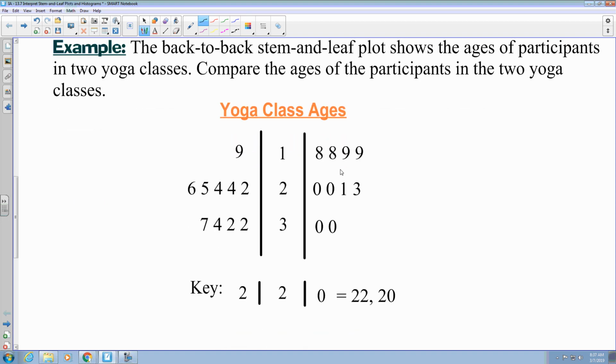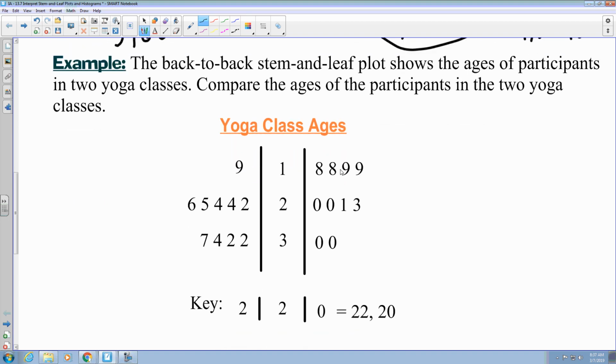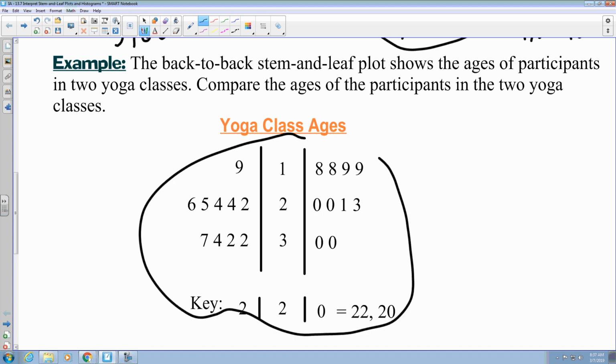Another kind of stem and leaf plot, it says we have back-to-back stem and leaf plots. So this is an example of a back-to-back stem and leaf plot. Here it looks like they're comparing, it just shows the ages of participants in 2 yoga classes. They want you to compare the ages of participants in the 2 yoga classes. So anytime you have something like this,